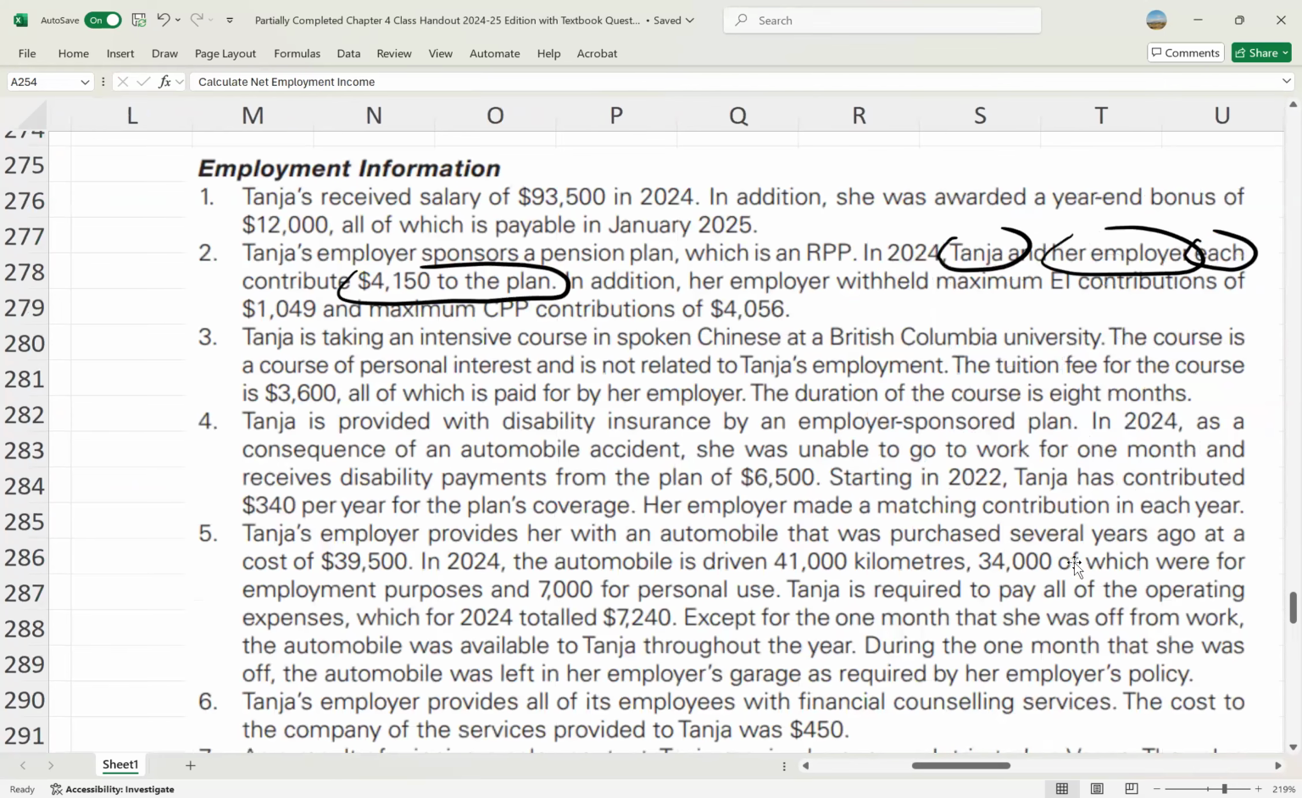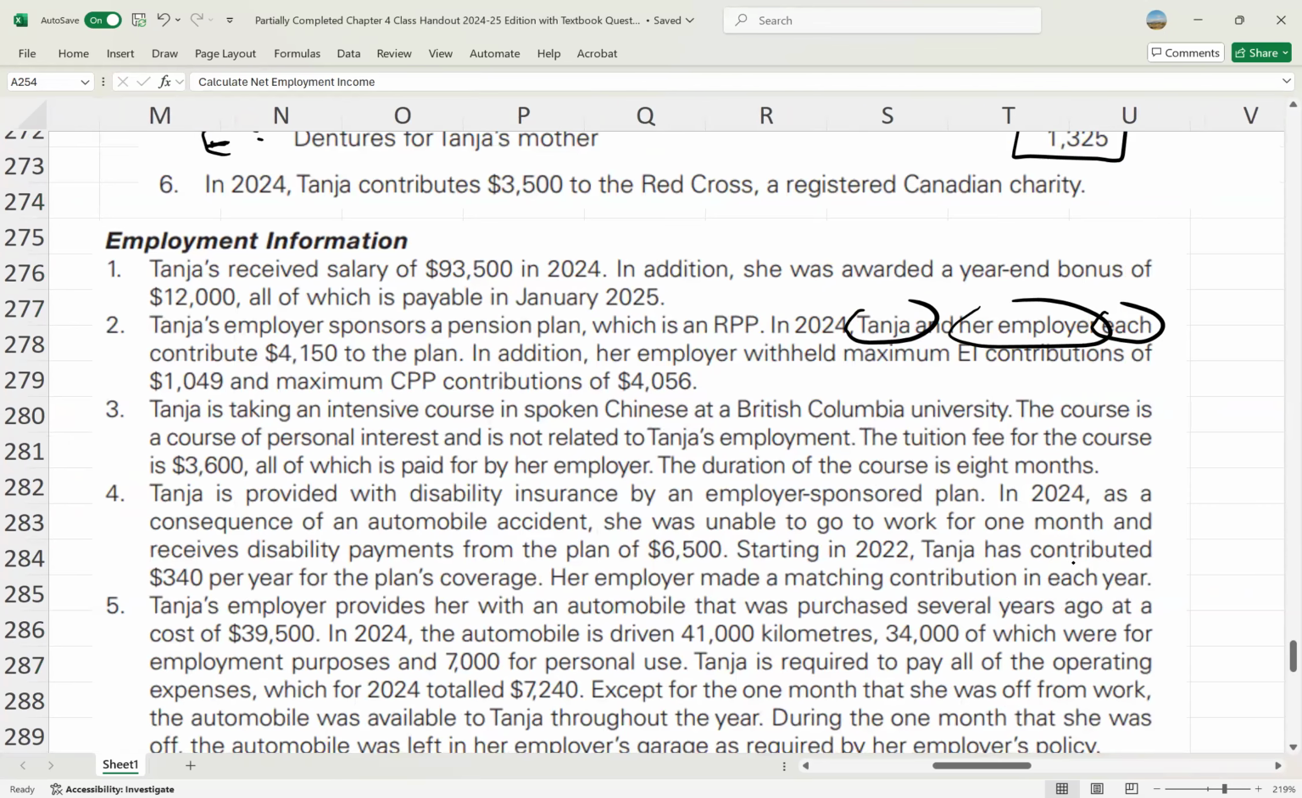Back to employment income or employment information, item number 2. In addition, her employer withheld maximum EI and CPP. So the EI will all be a tax credit. The CPP maximum is 4056. Once again, if you're unsure what to do, go to your rates table,